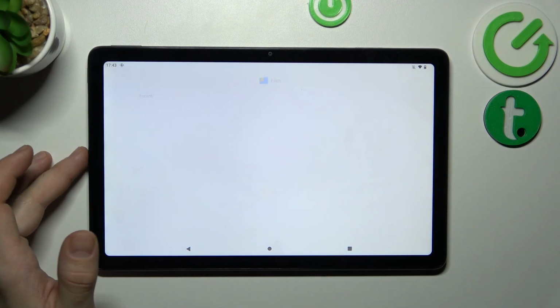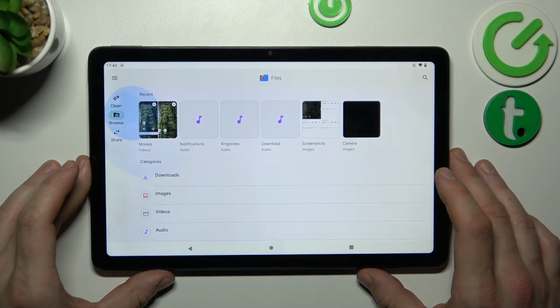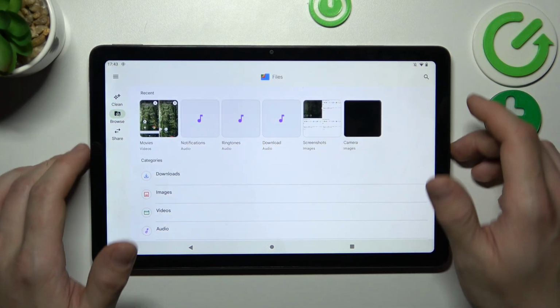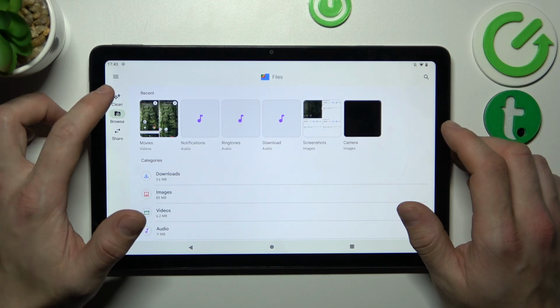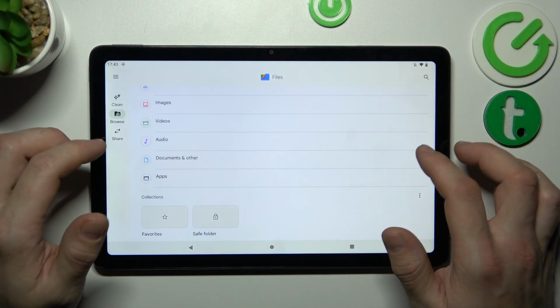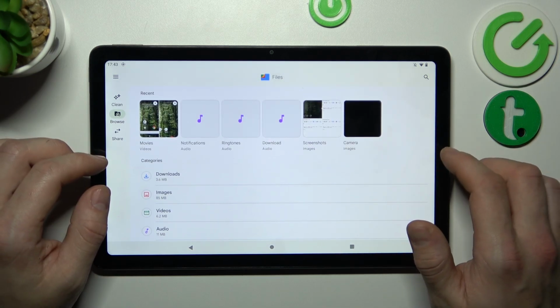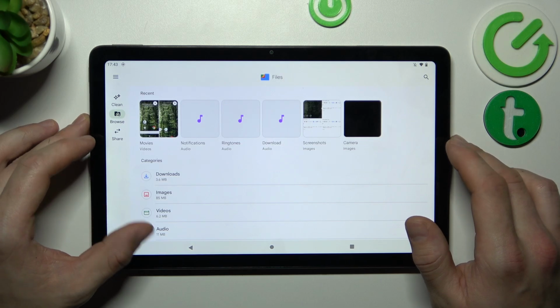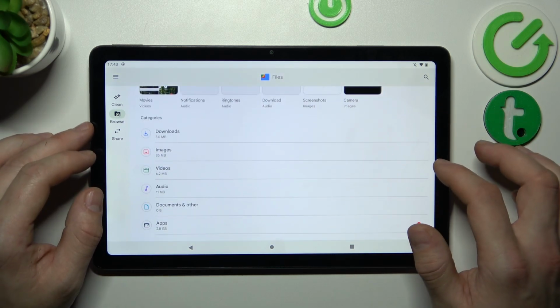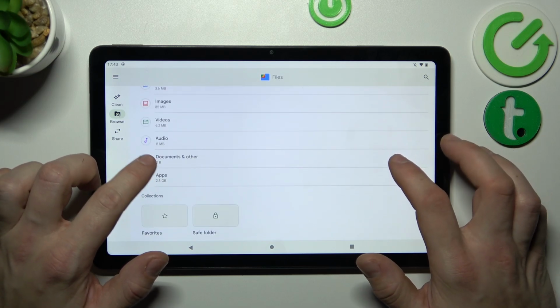Enter Files by Google, continue, and as you can see, thanks to this app you've got access to 3 categories: Clean, where you can clean junk files; Browse, where you can browse the files on your tab, located in different categories like downloads, images, videos, audio, documents